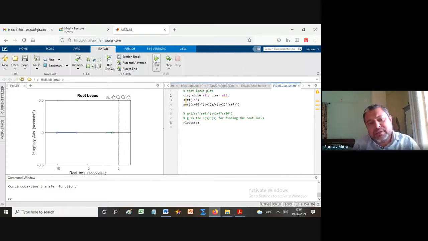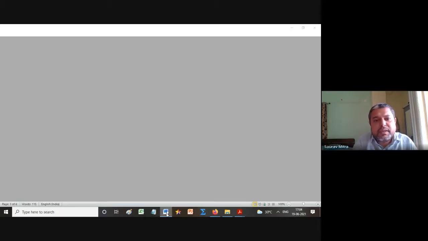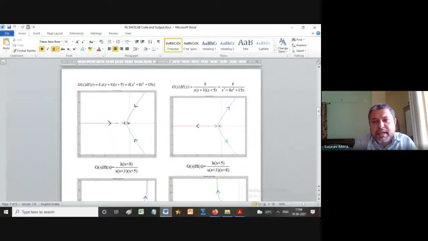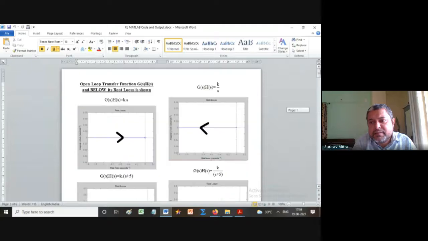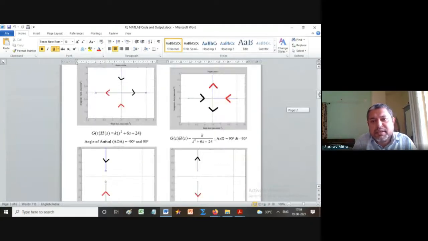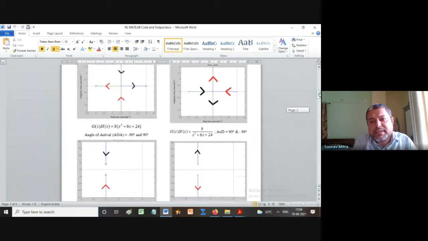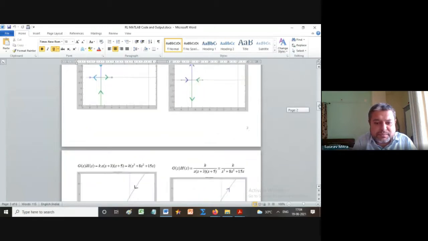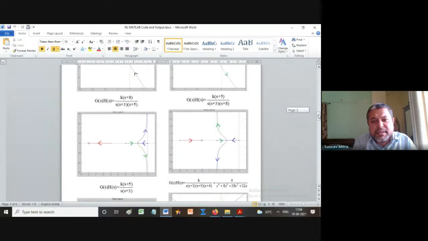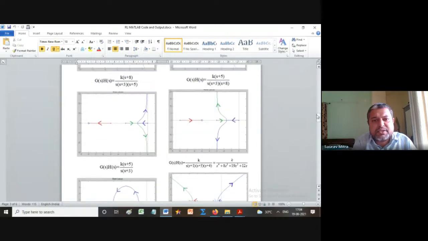So you keep on trying. There is a document that I have prepared like this. Finally I'm showing you this. I took a lot of time last year and put together documents like this. It is a 6-page document with directions and all those things. Then this is the 3-axis root locus. So these are the cases you can do.